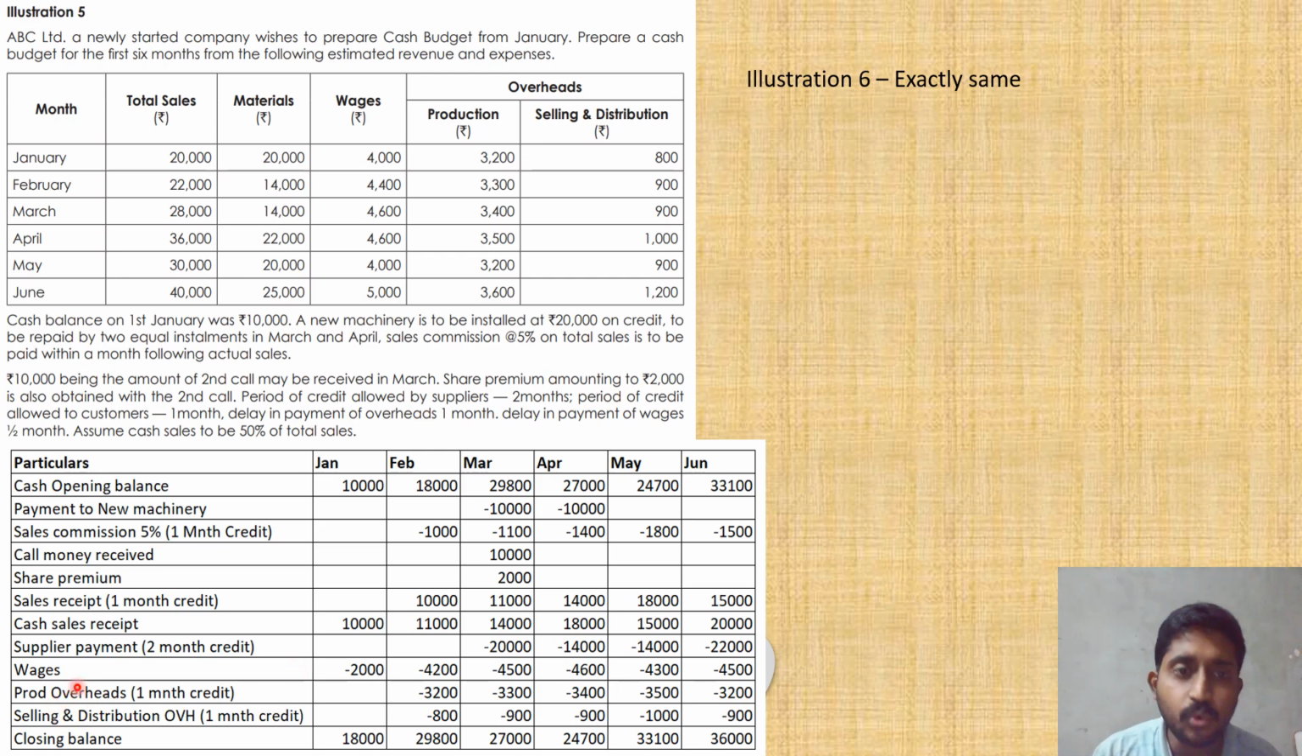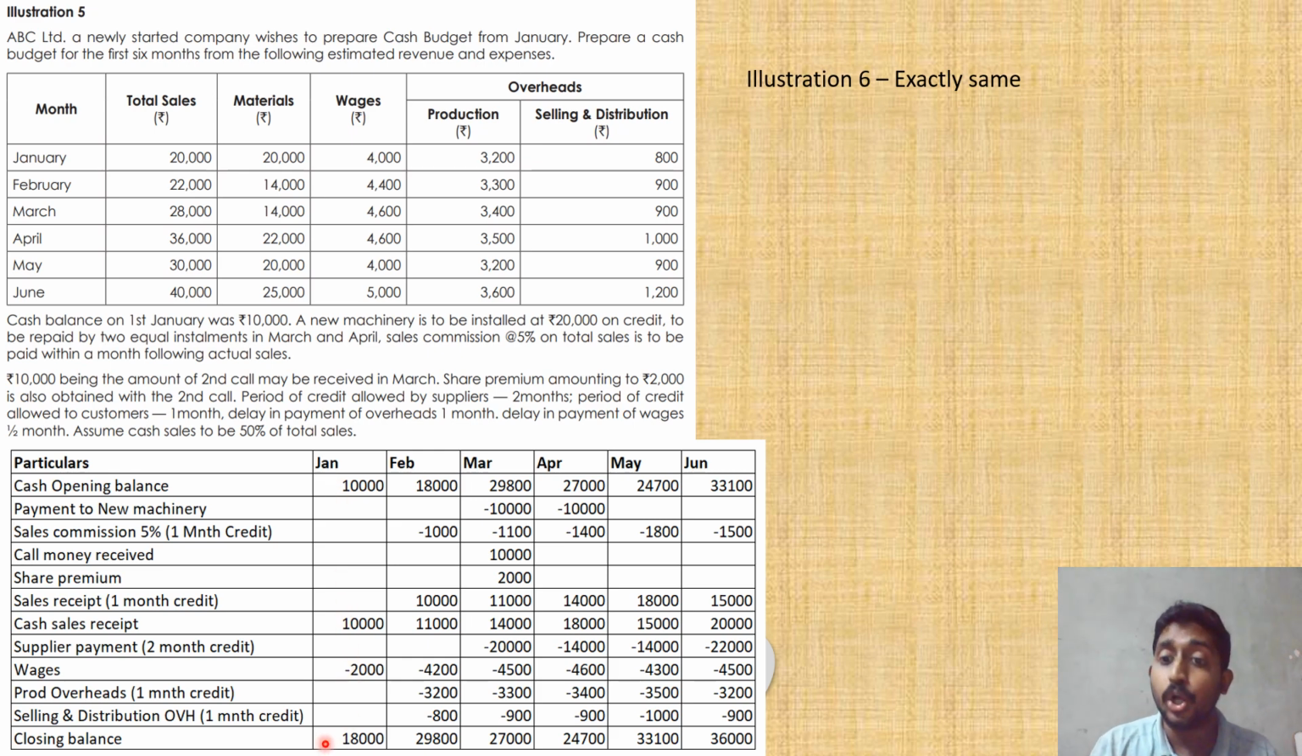Okay, next the production overheads. They have given a 1 month credit period for the overheads. So delay all the outflow by 1 month. So January's requirement is 3,200. Selling and distribution is 800. So January will be paid in February. So 3,200, 800. So everything I have postponed by 1 month. Okay, that is done. Now we can add all those that we have plotted,